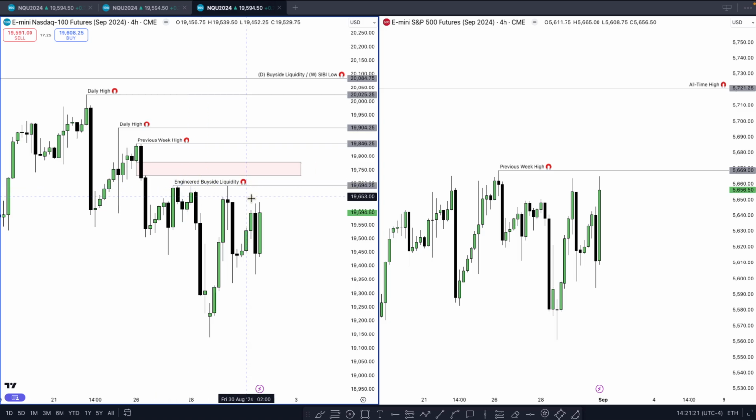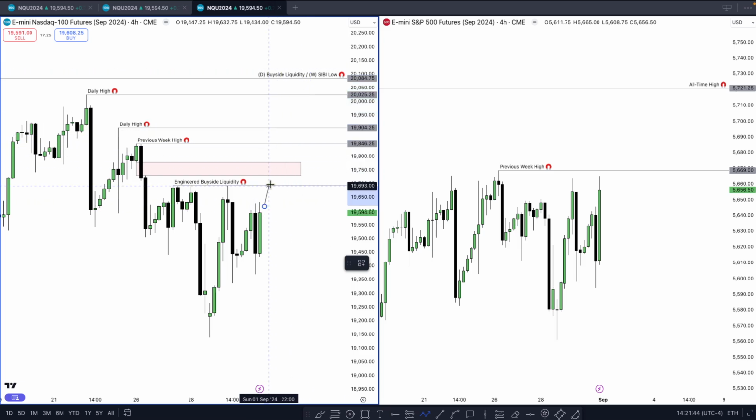Utilizing this engineer buy side liquidity, we can target that, but then also two things could be occurring at once here. This could be stopping out shorts who think this is resistance if we get above it, and a lot of traders are also saying this is a breakout trade if they get above it, right? So what I don't want to see, if we're going to continue higher to these labeled buy side liquidity pools,